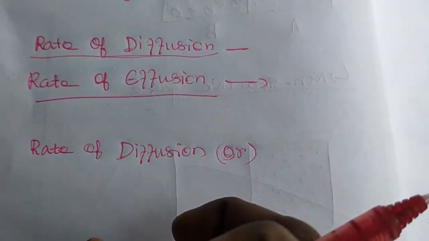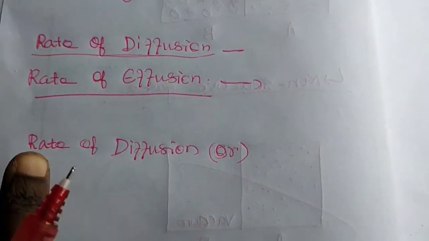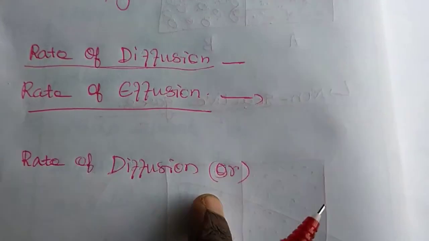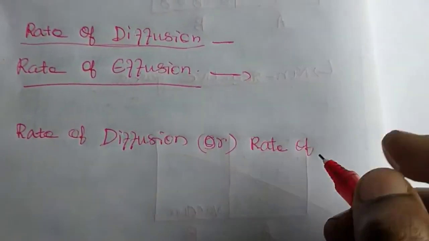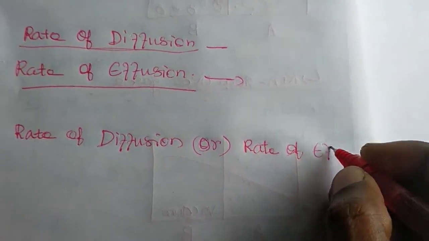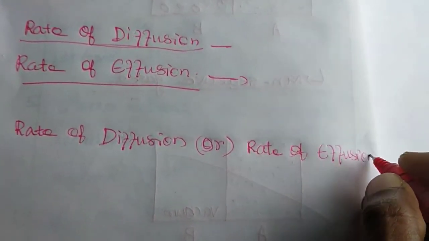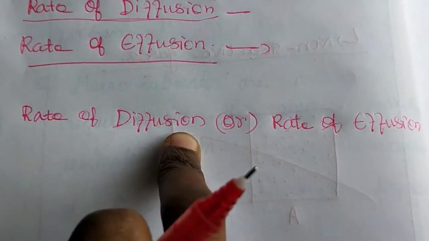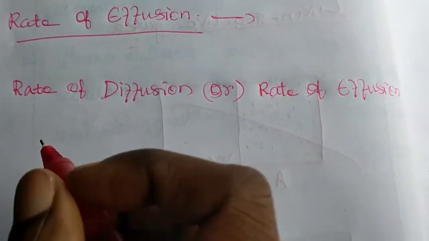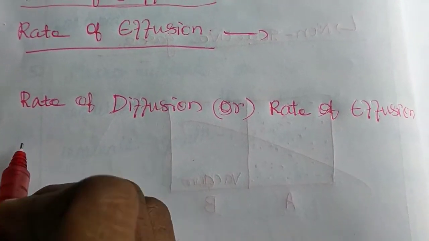It will take only the diffusion process in a reaction or only the effusion process in a reaction. So take rate of diffusion or rate of effusion. This rate of effusion and rate of diffusion is inversely proportional